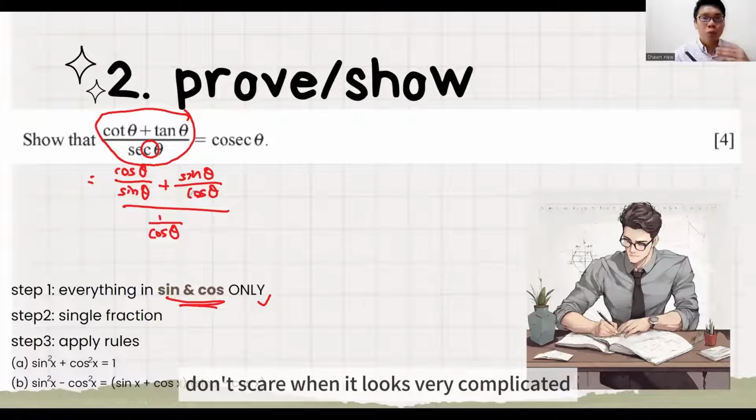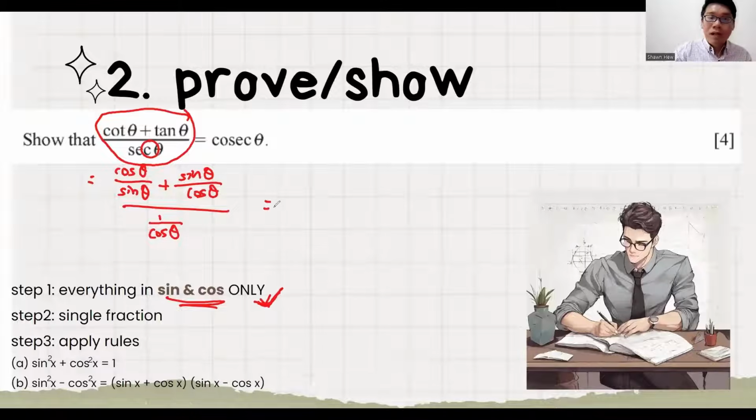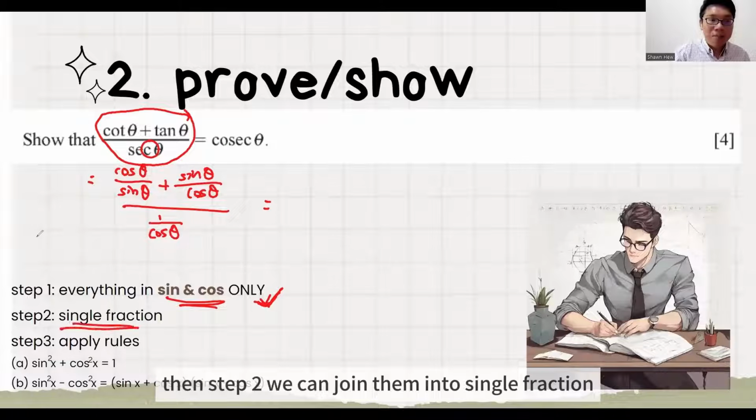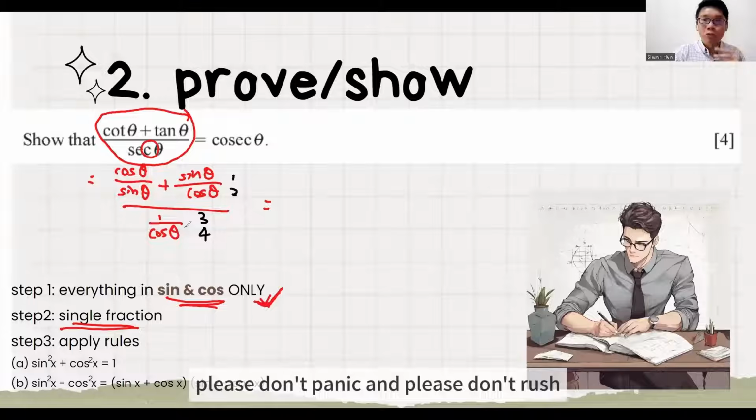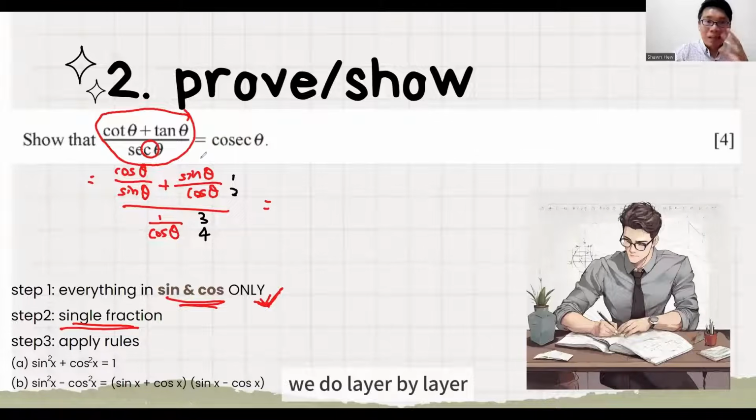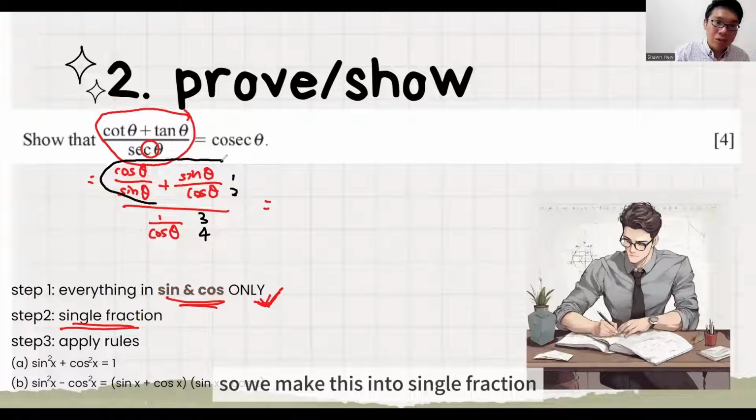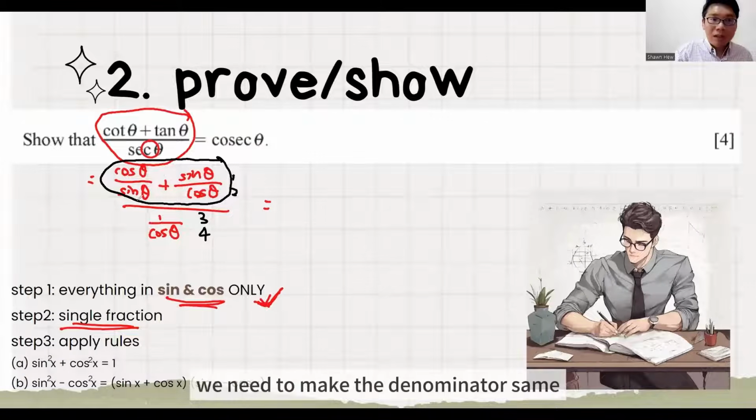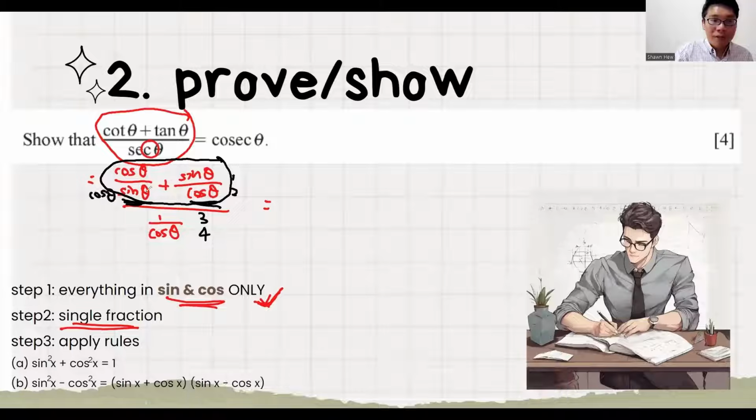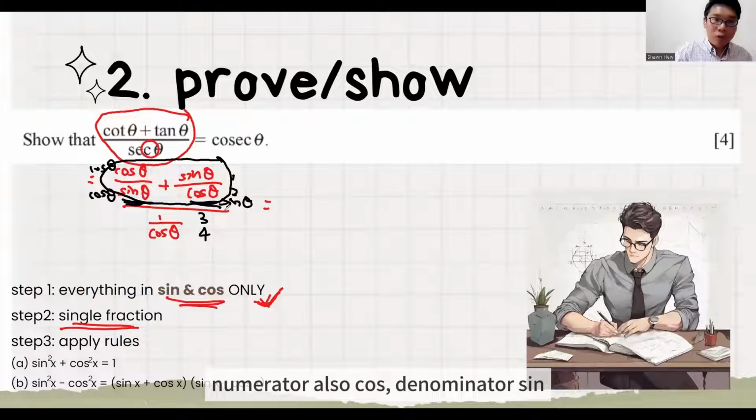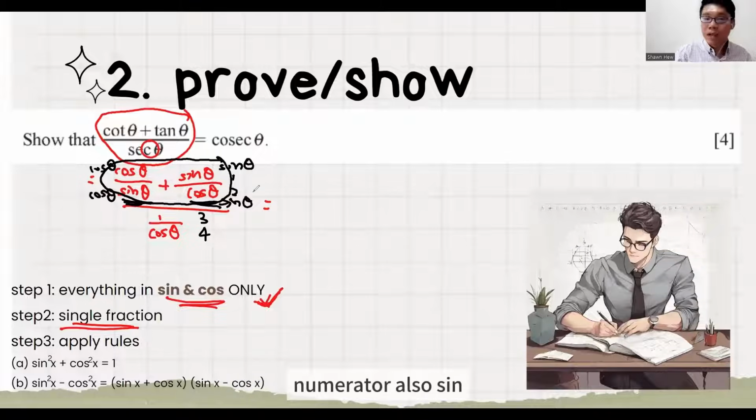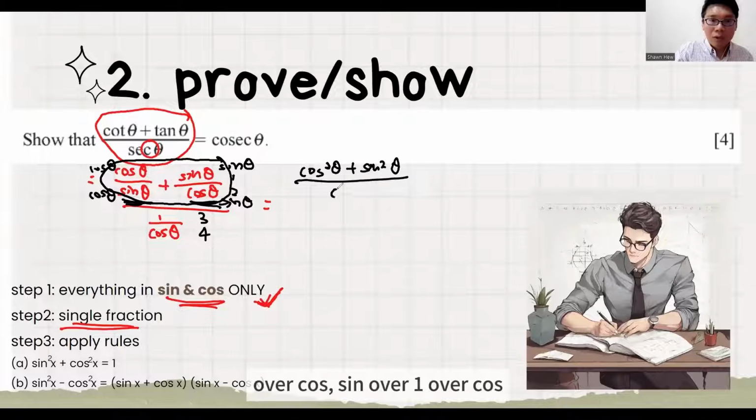Don't scare when it looks very complicated. Just do step 1. Then step 2, we can join them into single fraction. But here is 1, 2, 3, 4, 4-layer situation. Please don't panic and please don't rush to make it in single fraction. We do layer by layer. So we make this into single fraction first. We need to make the denominator same, so same is go to the upper part. Denominator we times cos, numerator also cos. Denominator sine, numerator also sine. So at last I'll get cos square theta plus sine square theta over cos theta sine theta over 1 over